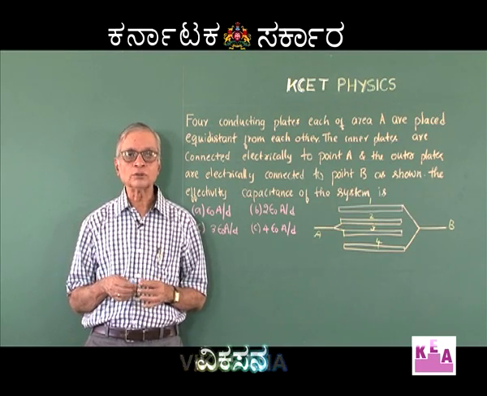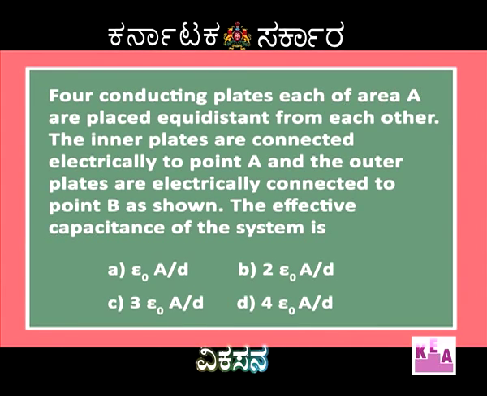I will now move on to the next question. 4 conducting plates, each of area A, are placed equidistant from each other. The inner plates are connected electrically to point A and the outer plates are electrically connected to the point B as shown. The effective capacitance of the system is